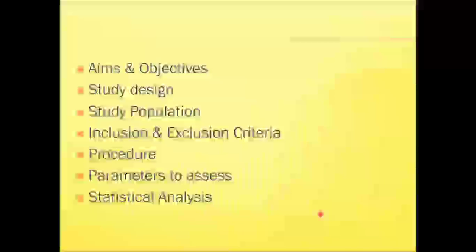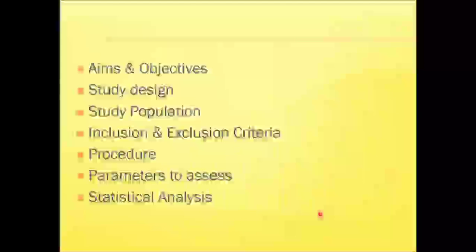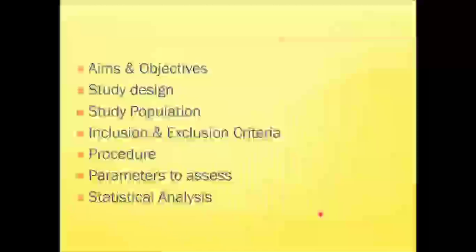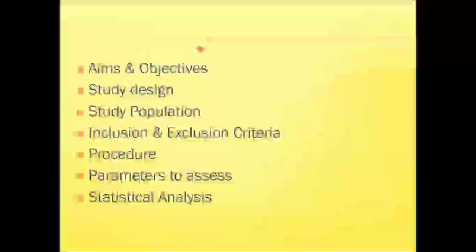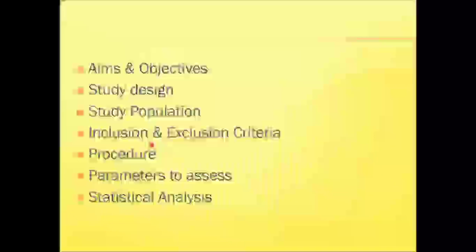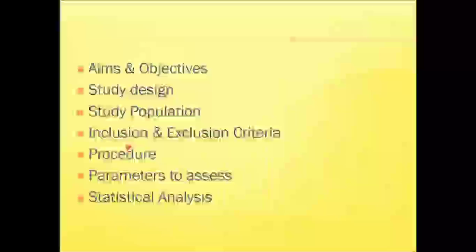So today what we have done is we have discussed various things. First we started with the background, then the objectives, the study design, the study population, the inclusion and exclusion criteria, the procedure or the parameters to assess, and the statistical analysis. So A was the aims, B was the background, then we have the criteria, D was the population and whatever design we were following, E was the endpoint and the examination, and then we had the follow-up and analysis. So this finishes the topic of protocol designing.